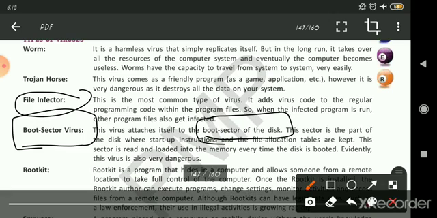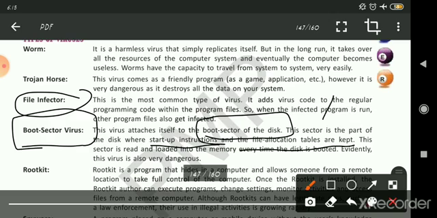This sector is the part of the disk where startup instructions and the file allocation tables are kept. These both are kept in the sector which we call the boot sector.